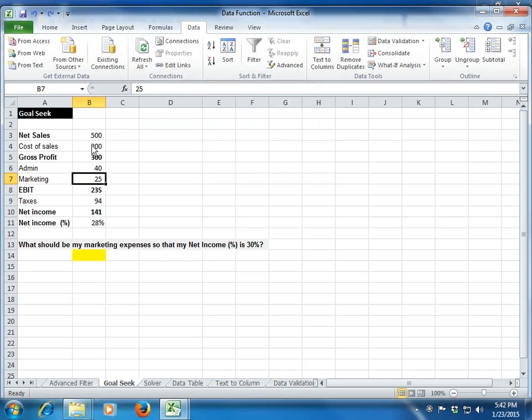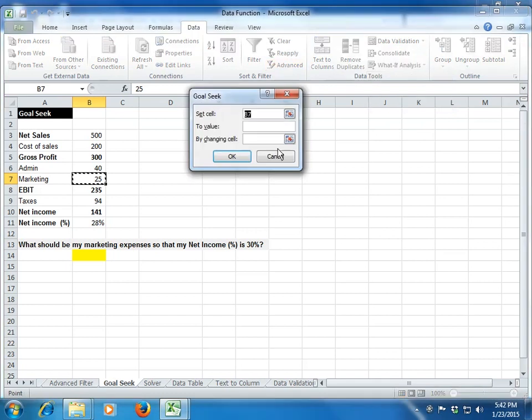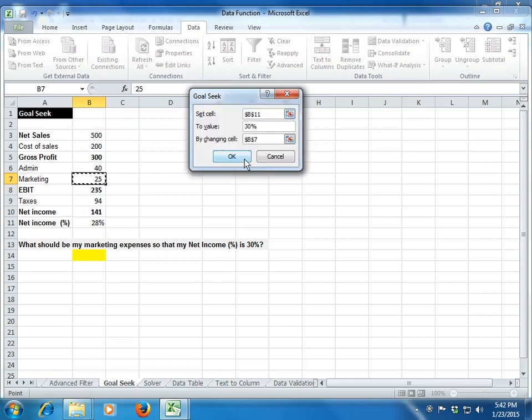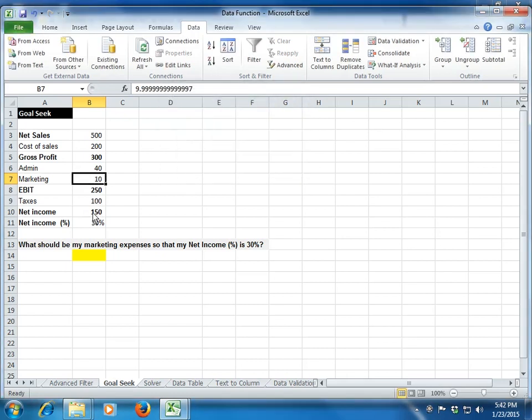If you press Cancel, you will get your original data. If you press OK, your data will be updated. You see that your net income has changed to 30%, while your marketing expense has been recalculated as 10 instead of 25.